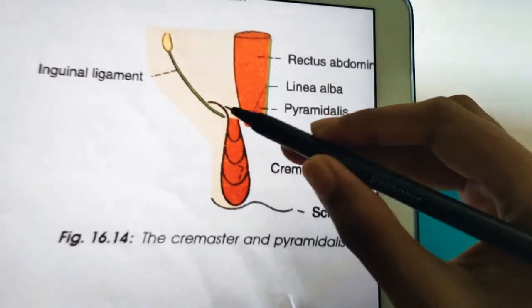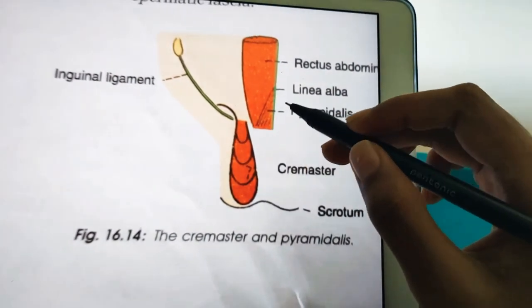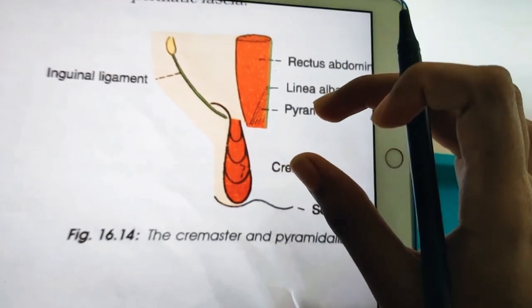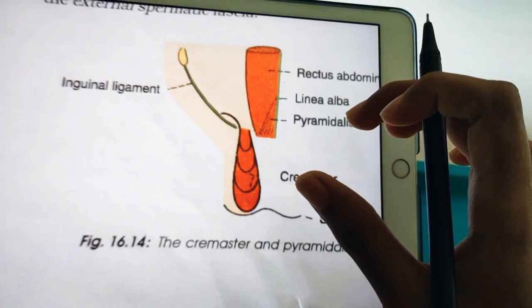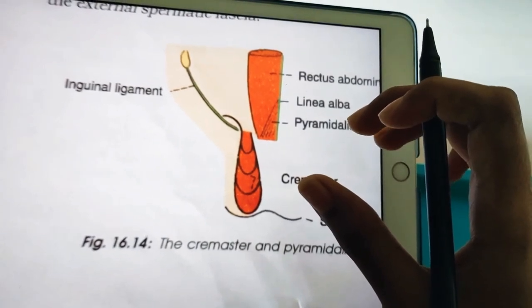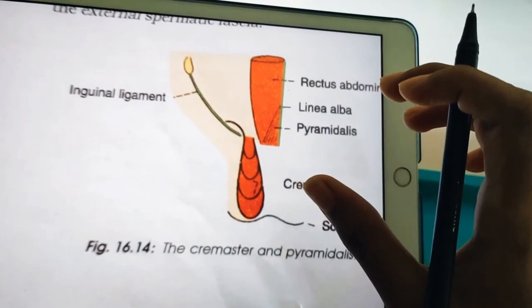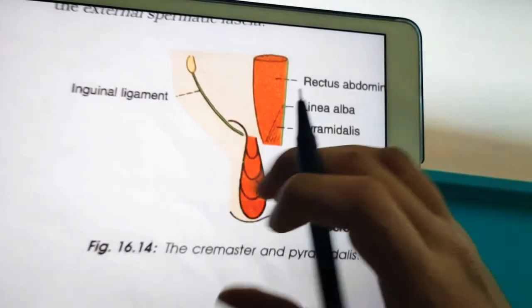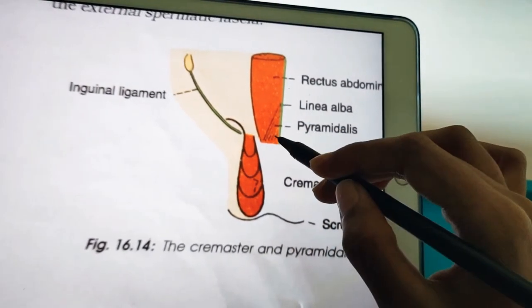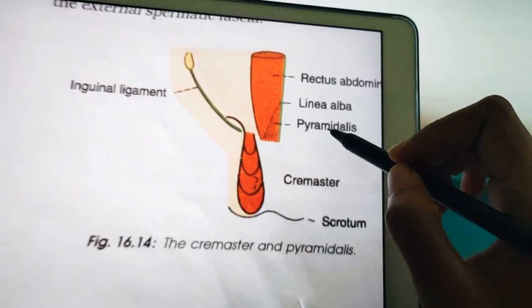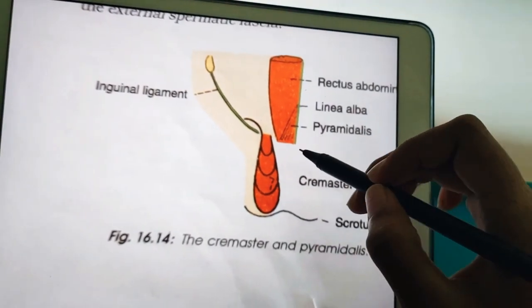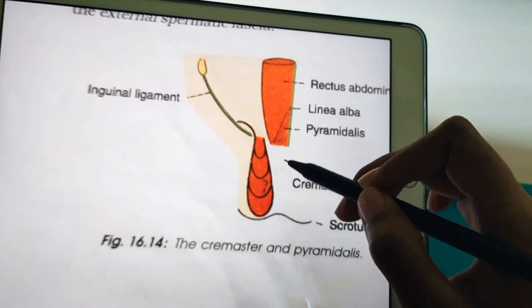Next let us discuss the final muscle, the pyramidalis, which is actually a vertical muscle of the abdomen. If you remember, in the anterior abdominal wall you have the external oblique, internal oblique, and transverse abdominis as horizontal muscles. The pyramidalis and rectus abdominis are vertical muscles, right? So let us discuss the pyramidalis. It is a small triangular muscle. As you can see, it is rudimentary in human beings.